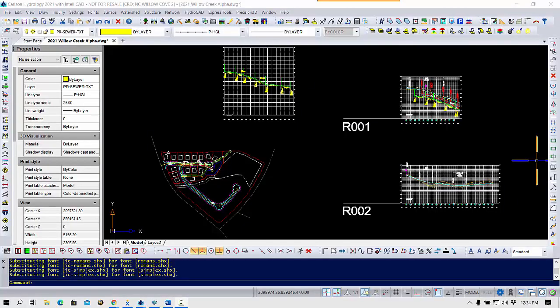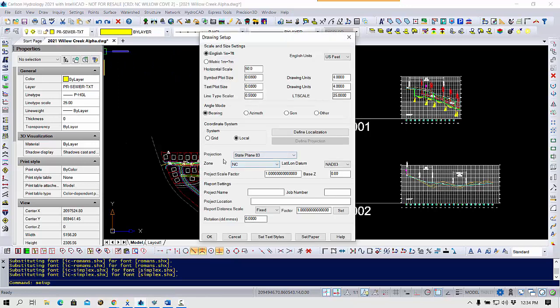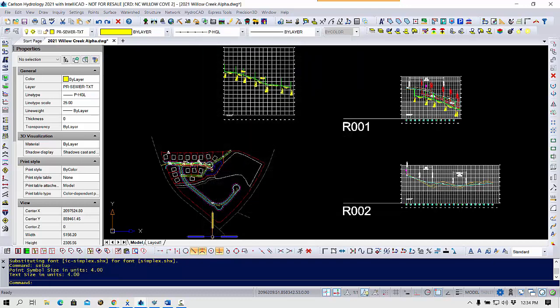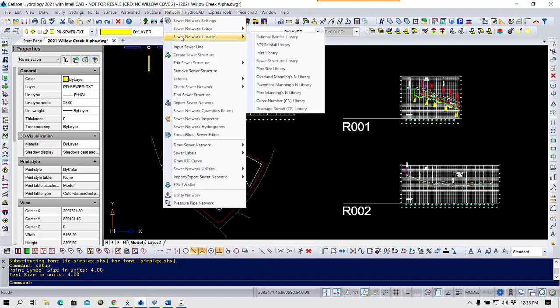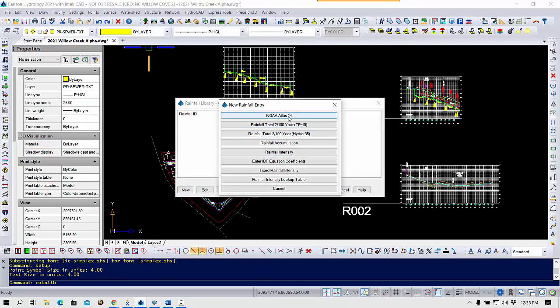In order to download the data for a specific location, you can either go to Settings, Drawing Setup, and down about midways is where we can set our projection, our zone, and the lat long datum. Once this is done, you can click OK. Next, we will go to Network, go to the Sewer Network Libraries, the Rational Rainfall Library. Select New, NOAA Atlas 14,